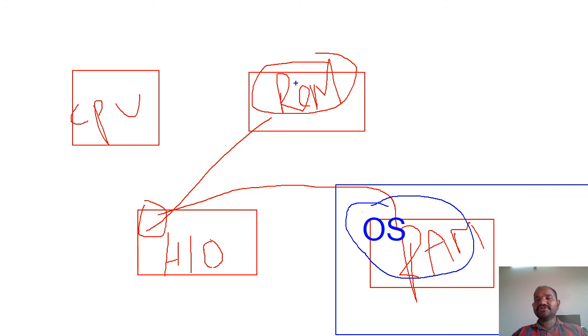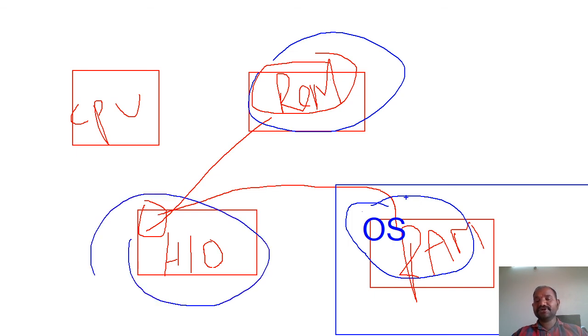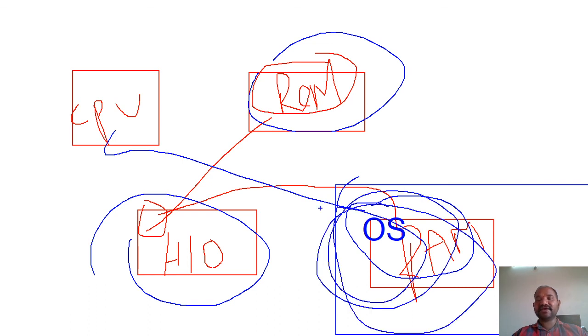Okay, now ROM is the one which is holding the startup program. Once the initialization and power on system is over, there is nothing to do with the ROM space, nothing to do with the hard disk. The operating system is dumped into the RAM memory, the starting address is given to the CPU, and now the CPU is working comfortably inside the RAM space.